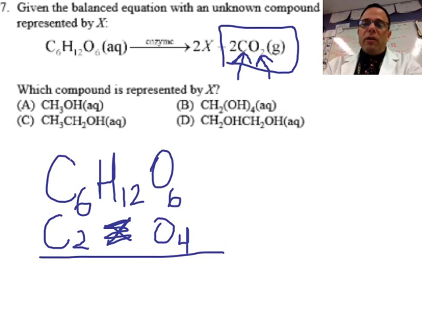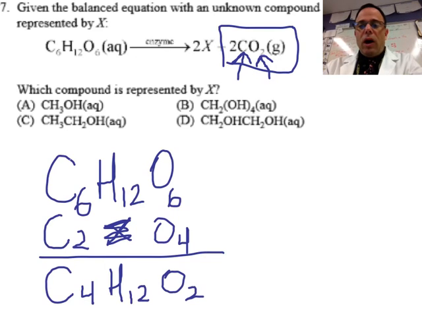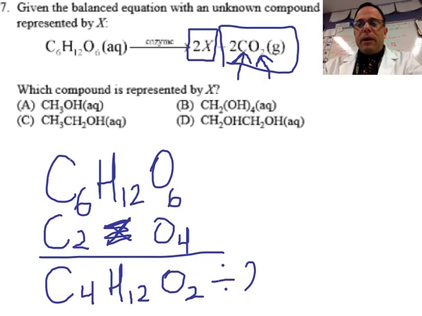So we are looking for a balance of 4 carbons, still 12 hydrogens, and 2 oxygens. Now, that might equal X, but X has a 2 in front of it. So we have to, in a sense, divide this by 2. So we are going to be looking for